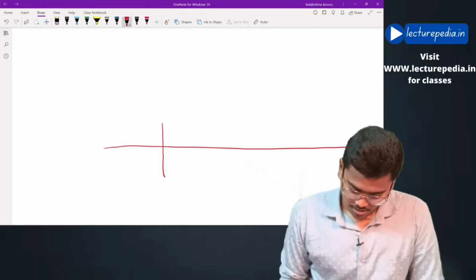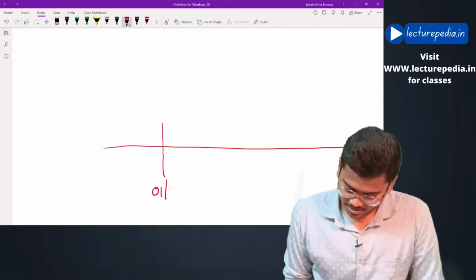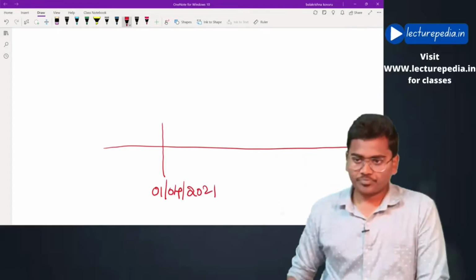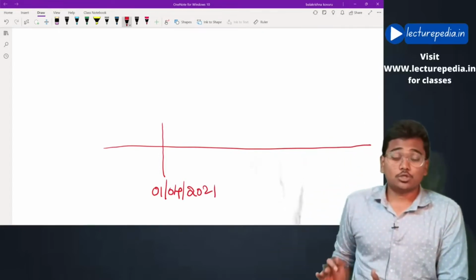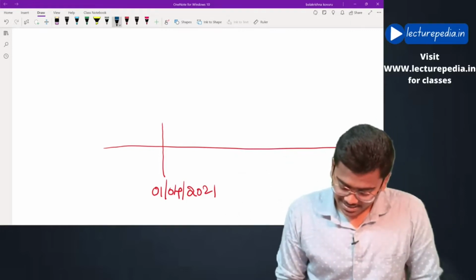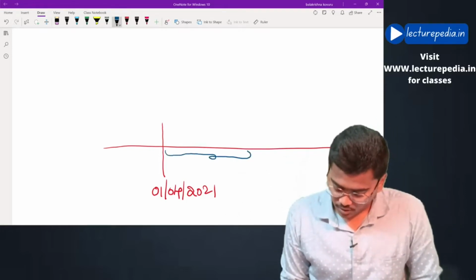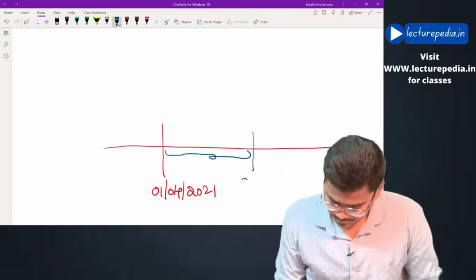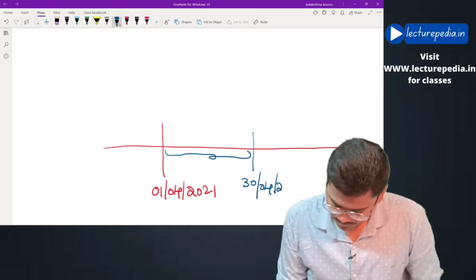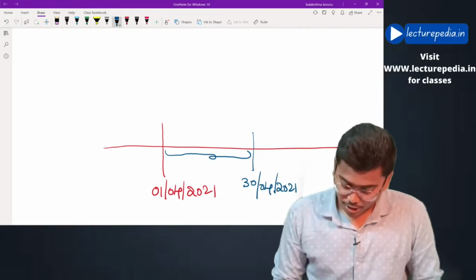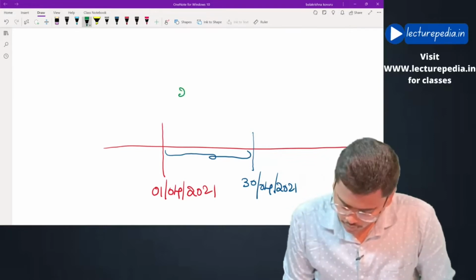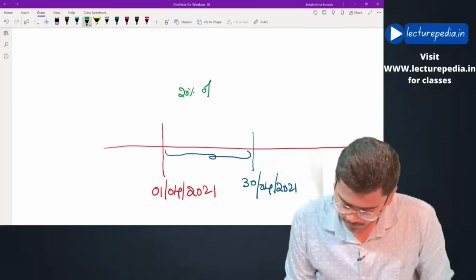Today the date is 1st April 2021. Now by 30th of April 2021, it should deposit 20%